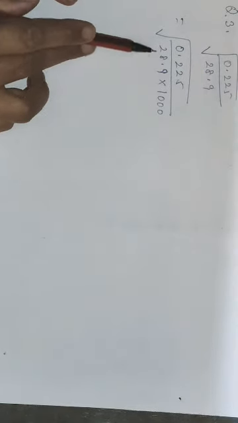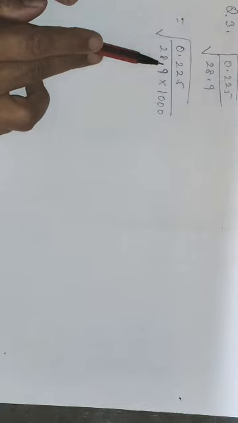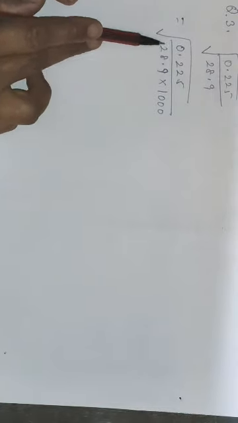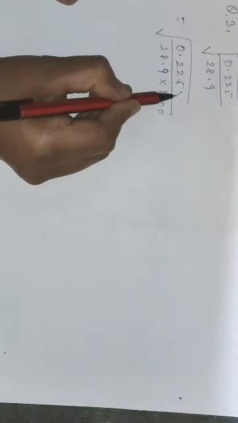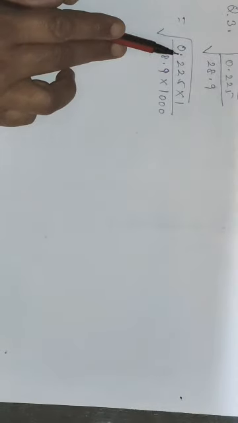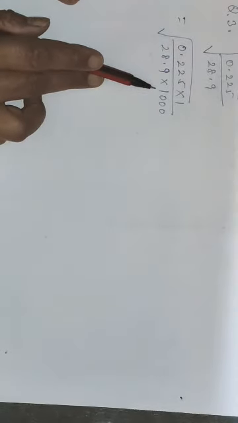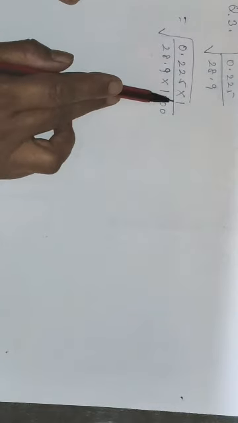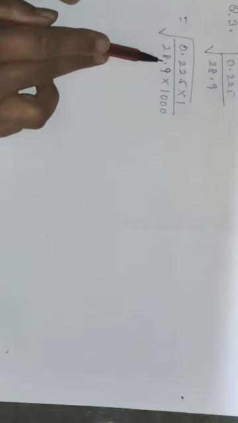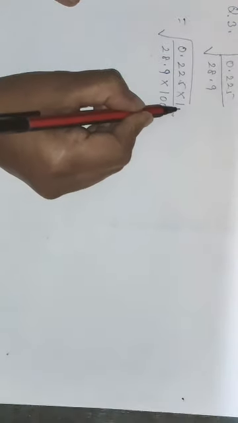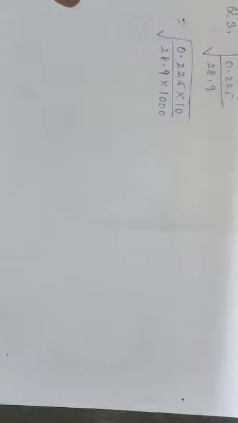But we have decimal in the denominator also. We have to remove this also. So for removing the decimal of the denominator, we will write the 1 in the numerator. That means in the opposite side. If we have decimal in the numerator, we will put 1 in the denominator. If we have decimal in the denominator, we will put 1 in the numerator. Count the number of digits after the decimal. How many digits are here? Only 1 this time. So I will add 1 zero here.